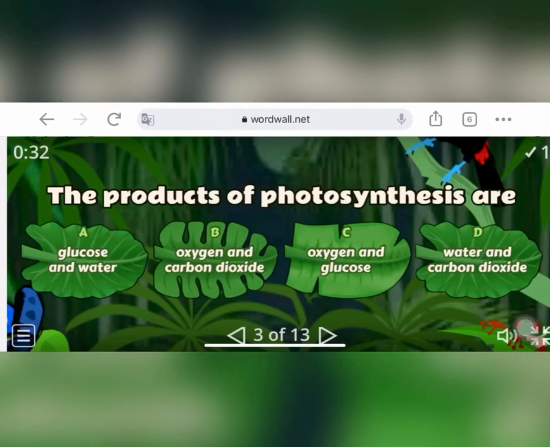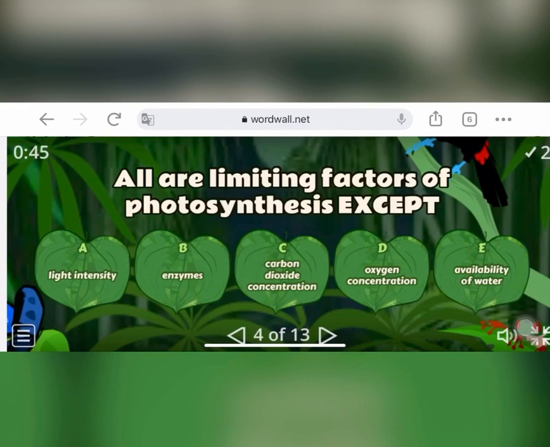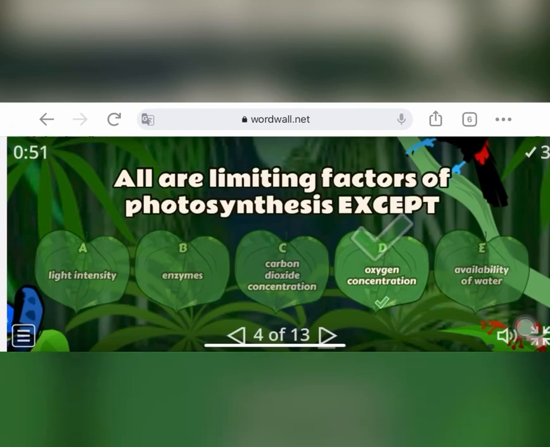Next, the products of photosynthesis are oxygen and glucose. Great. Next, all are limiting factors of photosynthesis except